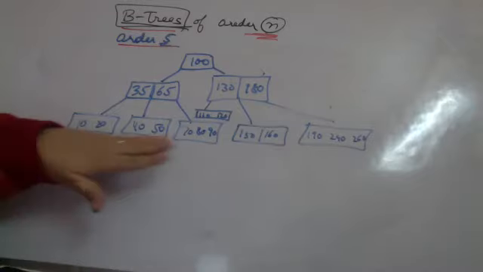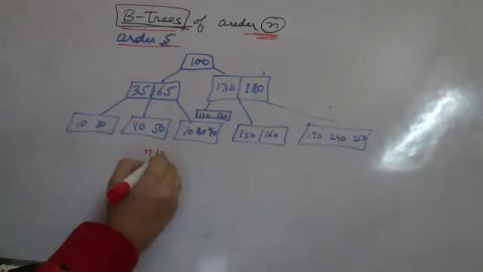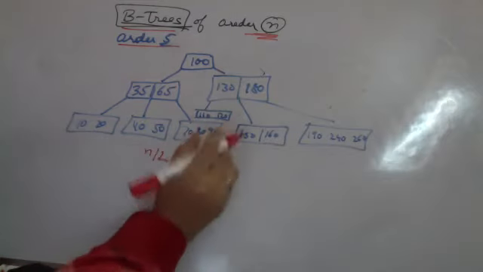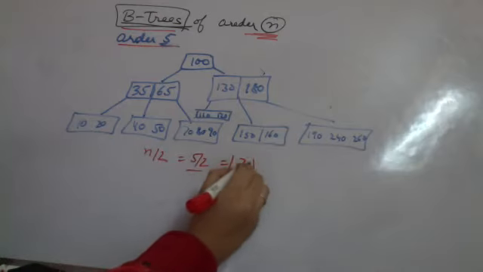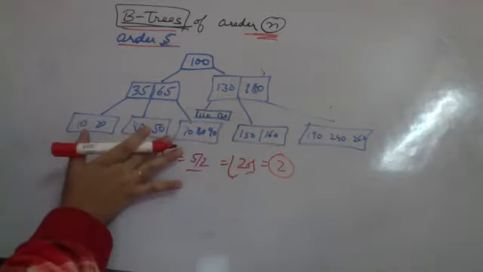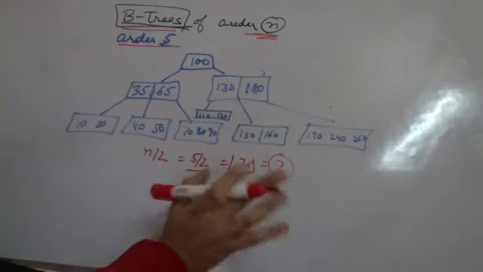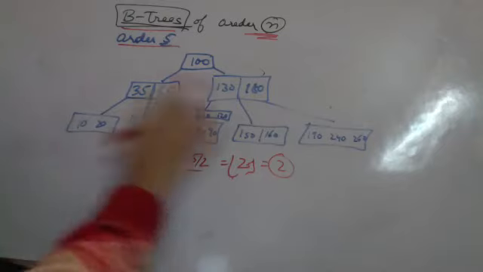Can you see all the leaf nodes are at the same level? First condition, all the leaf nodes are essentially at the same level. And minimum number of keys in the non-root node: root node में single key allowed है. Minimum number of keys is n by 2 for all non-leaf and non-root nodes. N by 2 is 5 by 2, that means minimum 2. I take the floor value of 2.5, that is 2. Minimum 2 keys सब में होनी ही चाहिए. Root node और leaf node को छोड़ के जितने भी internal nodes हैं, they should have